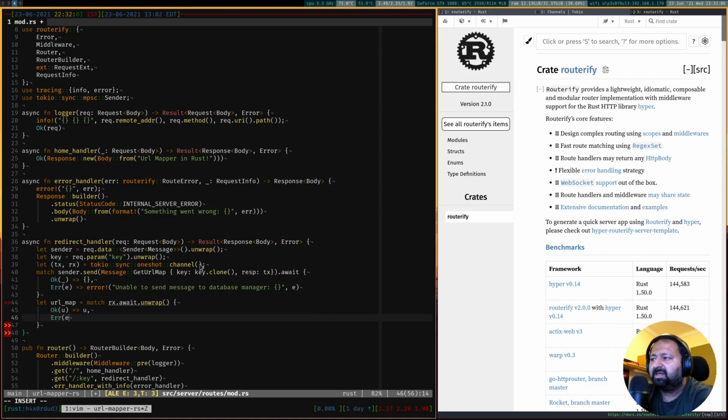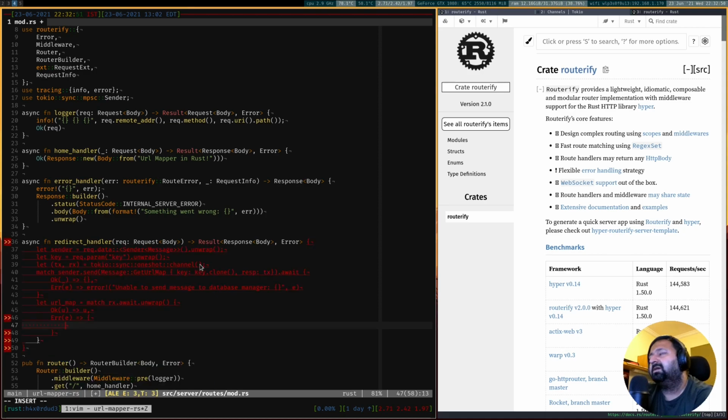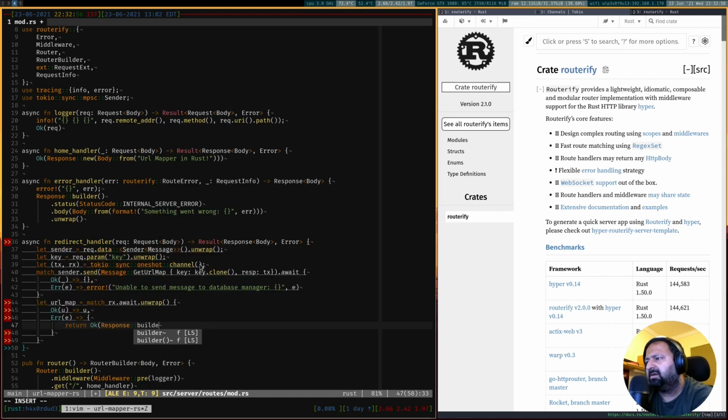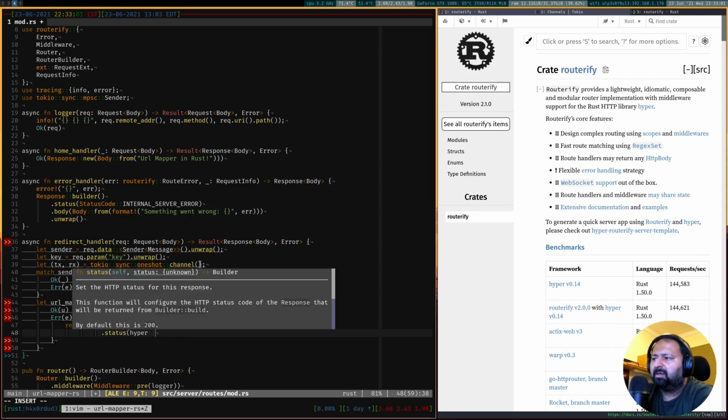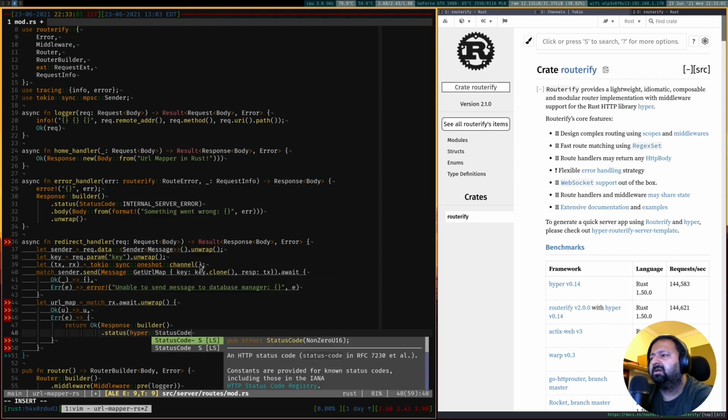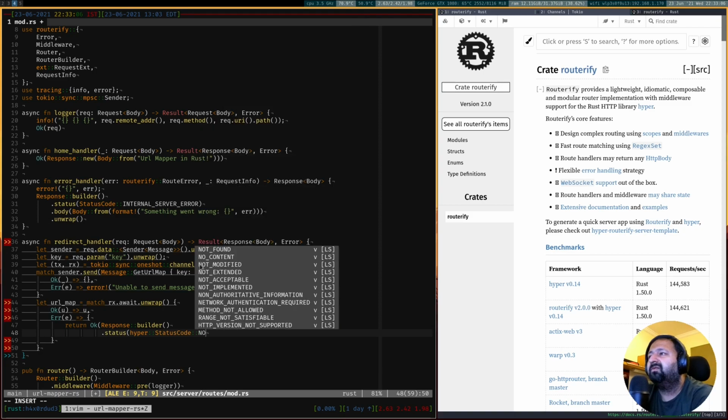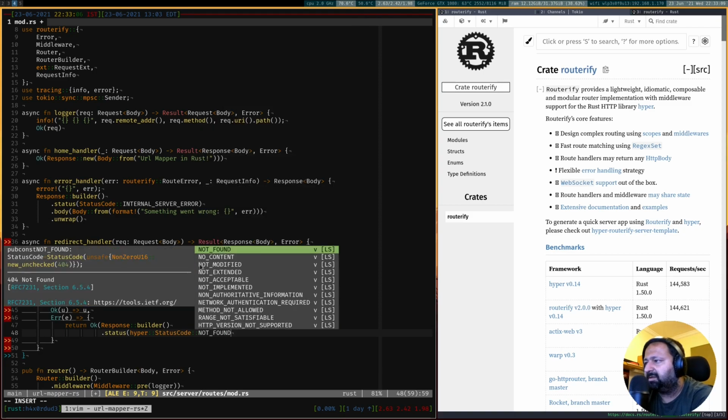If there is an error, what I want to do now is, if there is an error, we can send back a 404, so saying that the URL does not exist or the key doesn't exist. So how do we send that 404? Basically we'll be returning a response with the status hyper status code. The 404 is not found, yes,